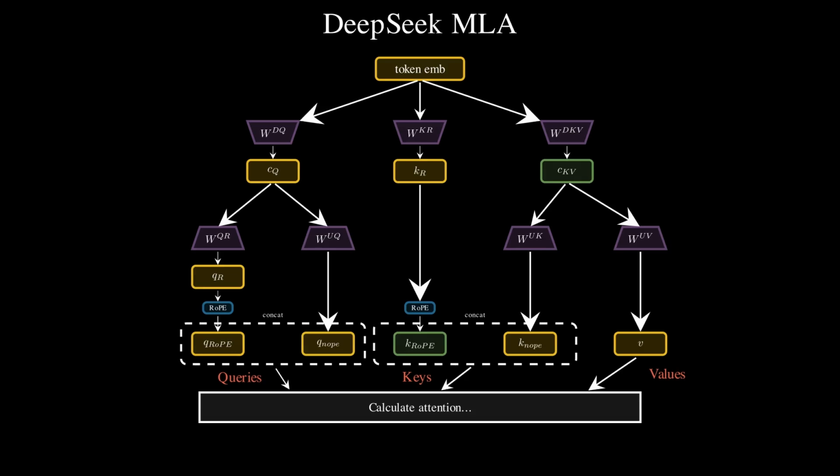However, this more complex design enables another optimization, called absorption. If you look at the full attention computation, it normally requires many matrix multiplications. DeepSeek reduces this cost by absorbing the up-projection matrices WUK and WUV into other matrices ahead of time, which eliminates several operations during